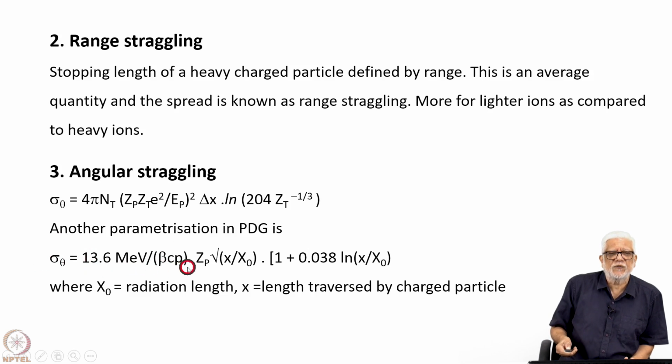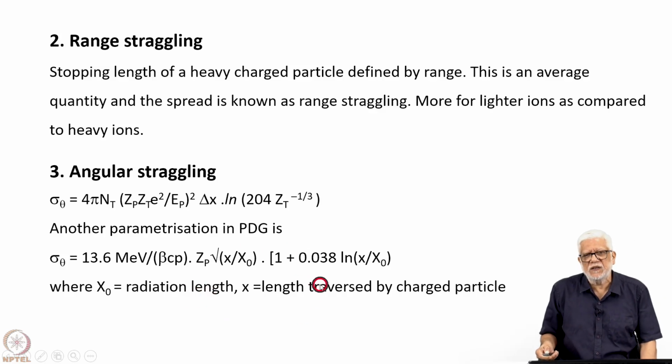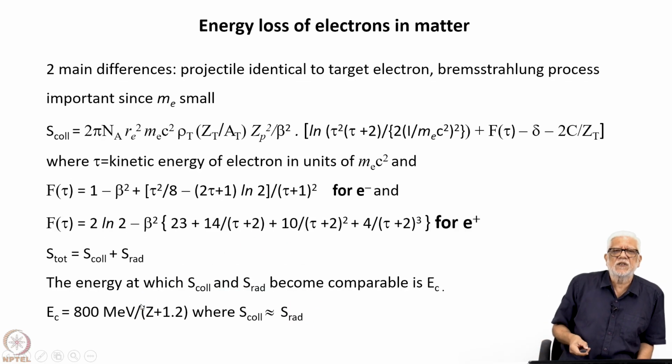Pc has the units of energy, so the energy cancels, and then basically a root of thickness dependence, when thickness is measured in terms of the radiation length. We will come to that radiation length in the next lecture. Basically, I could define it here. Radiation length is that length in which, in an electromagnetic shower, the energy gets reduced by a factor 1 by